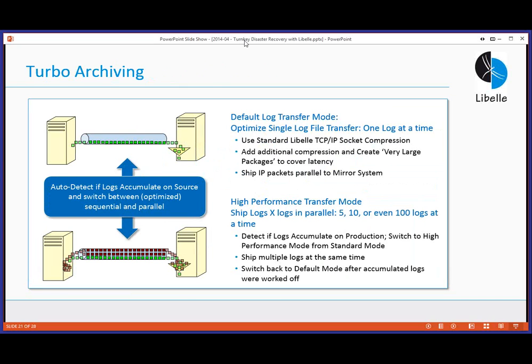Frank mentioned in the beginning that we have 8 out of the 50 Fortune 500 customers, and some of those customers are using this in a very high volume environment. So some of those databases are 10, 20 terabytes, and they produce 1 terabyte of log files a day. So we developed a concept to say, what happens if there are more changes than my architecture can handle? And we developed this turbo archiving